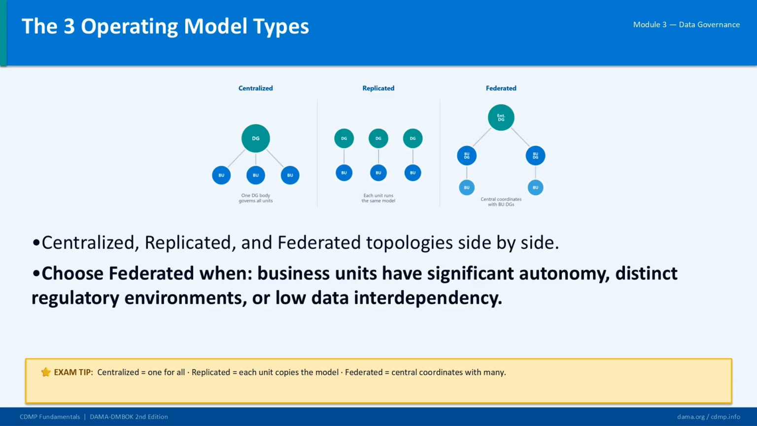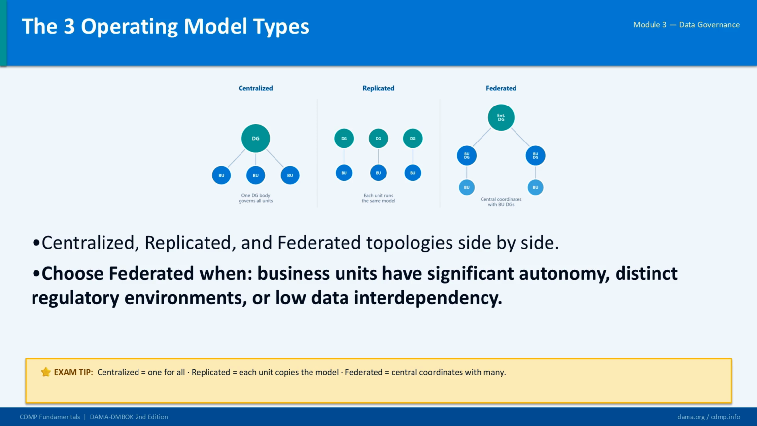There are 3 governance operating models, shown side by side on screen, and you must be able to tell them apart instantly. In a centralized model, one single data governance organization oversees all activities across all subject areas, one body for everything. In a replicated model, the same governance operating model and standards are adopted independently by each business unit. Every unit runs its own copy of the same approach. And in a federated model, one data governance organization coordinates with multiple business units to maintain consistent definitions and standards. Central coordination,